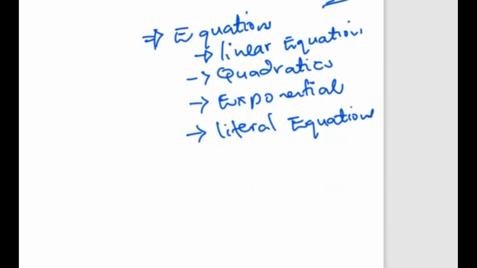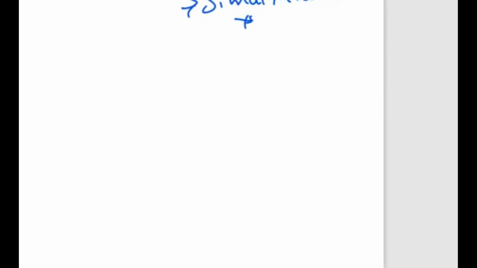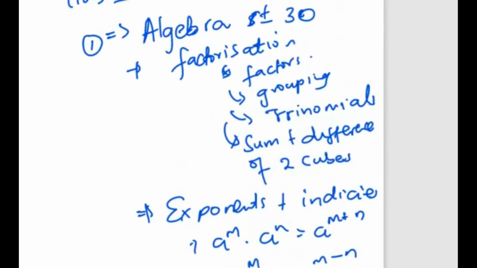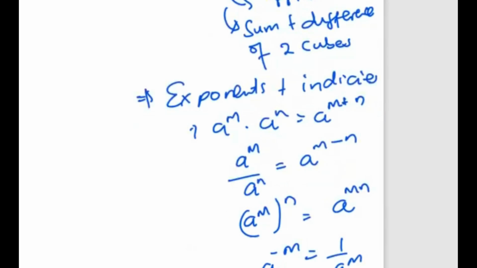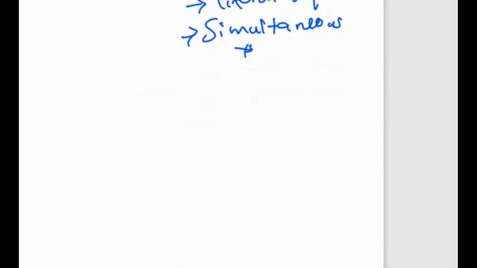And then lastly, probably the simultaneous equations. With the simultaneous, we just have to get one value of x and one value of y for grade 10s. And then besides the equations, is there anything else? Not really, I think that is it. That is what we normally test: the factorization, the exponents, the equations.